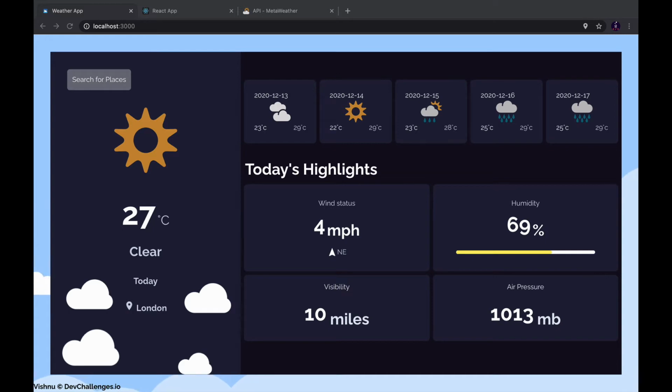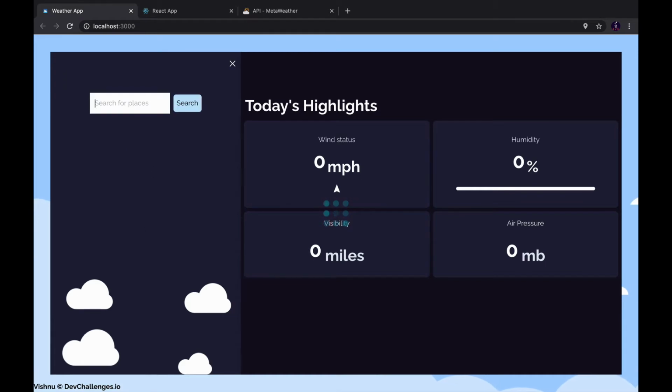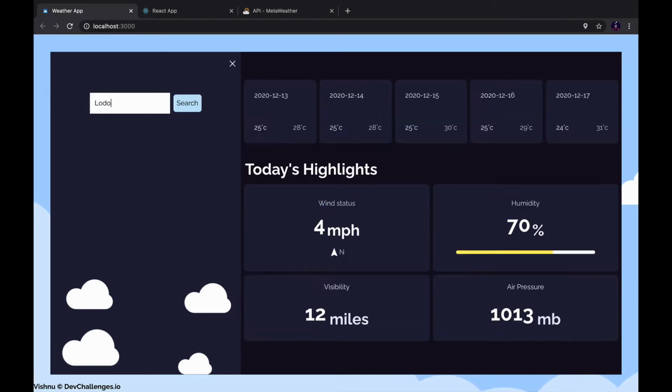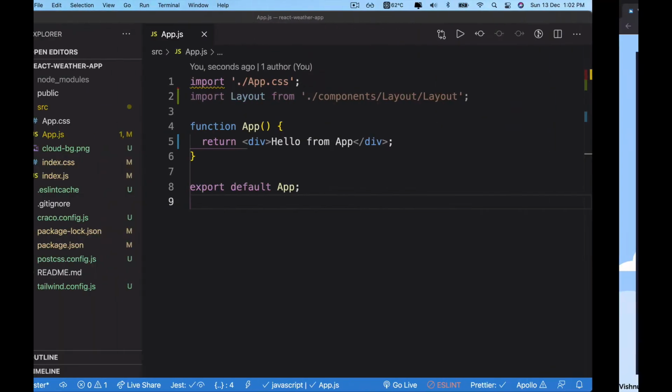So with that said, in this video, we will be concentrating on the front end part of our application. And as you can see here, this is the final website which we are going to be building in the entire series. So to be more precise, I'll be using grid layout for this application. So without wasting further time, just open the project in your favorite code editor and I'll be using VS Code.